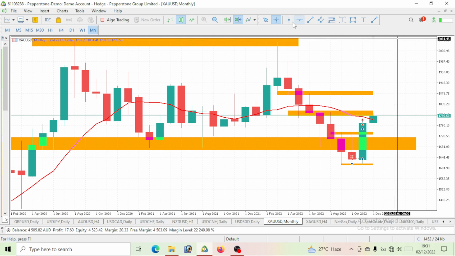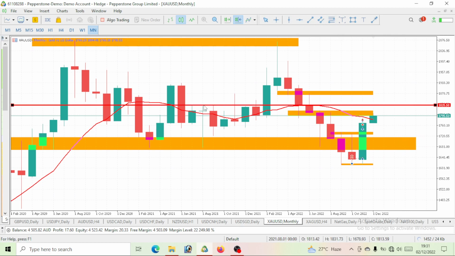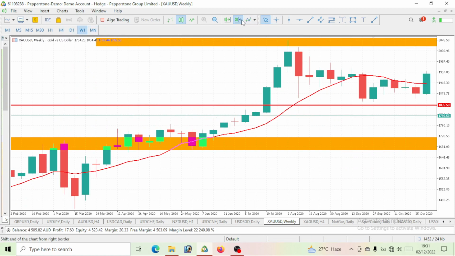Let's see for this December or this week if we'll be able to take out this level of 1,835. Like I told you guys, now that there's a pullback for this week, let us watch out for a level of 1,835. We've gotten to a level of 1,800, right? So the next level I want you guys to watch out for is 1,835 on our gold. So that should now take us to the weekly time frame.